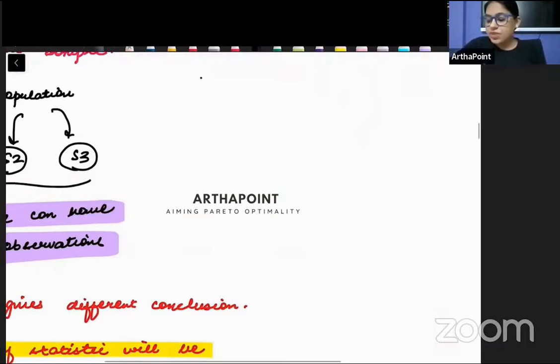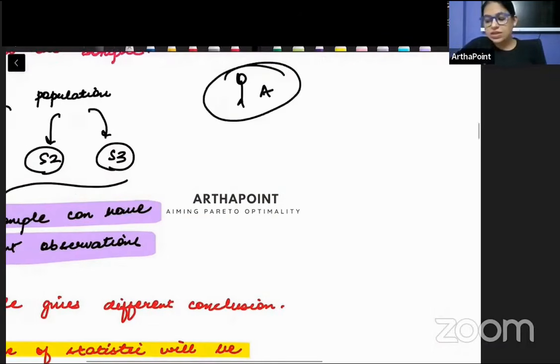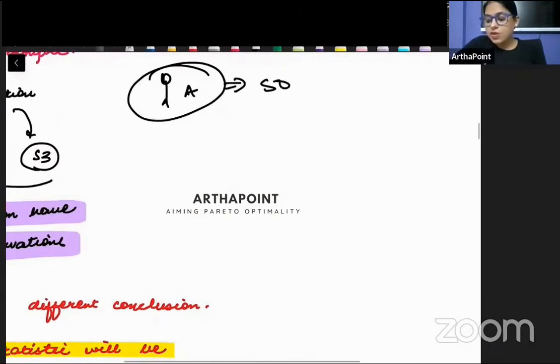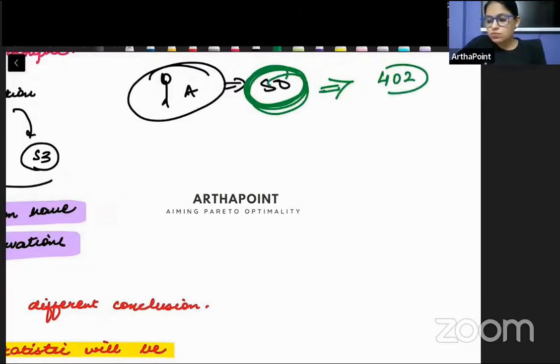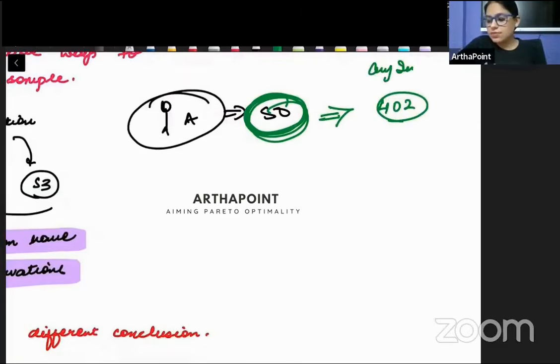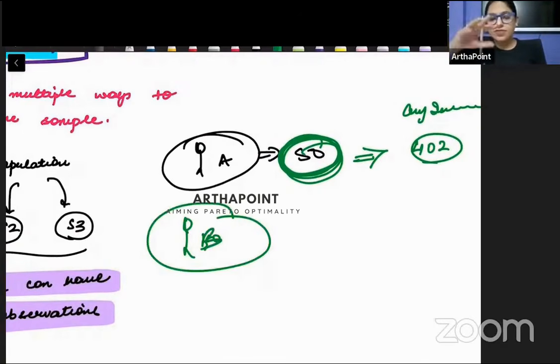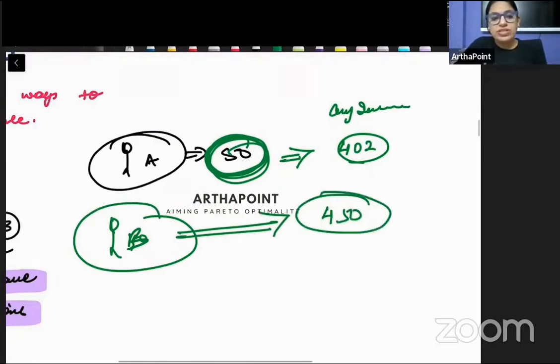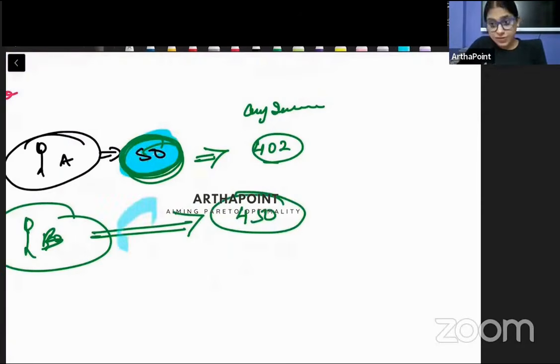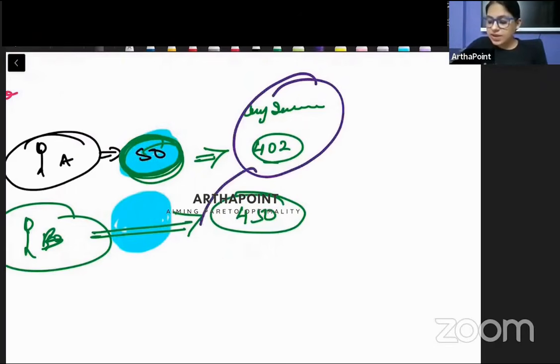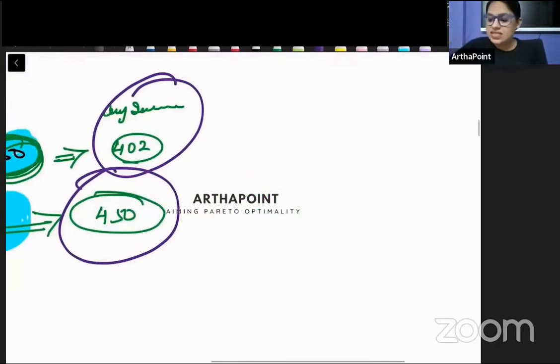मतलब शायद ऐसा हो सकता है कि जो इंडिविजुअल नंबर ए ने सैंपल कलेक्ट किया हो 50 ऑब्जर्वेशंस का, when I find the mean of these 50 observations, maybe I observe that the mean comes out to be 402. Average income comes out to be 402. But when I ask individual B and he picks up 50 chits out of the sample, the average income comes out to be 450. So it is possible that because they have collected different samples, the averages that they will be getting will be very, very different. And this is exactly beta what we studied in the last section, 5.3.